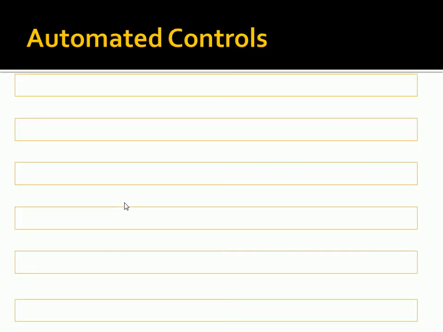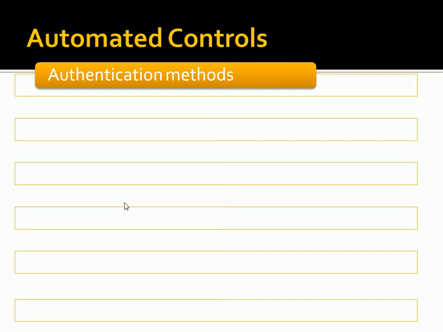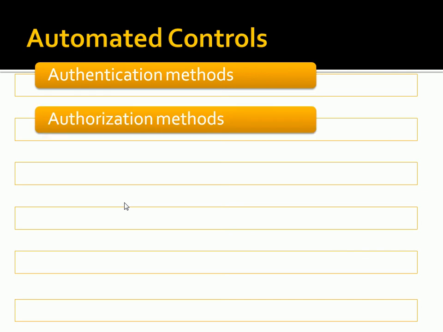We'll start with automated controls. Automated controls involve things like authentication. So authentication prevents you from accessing the network unless we know who you are. So you're not relying on people to use their best judgment. They have to have some credentials to access the network. So that's certainly a pretty basic automated control.